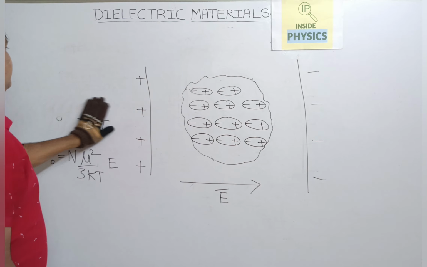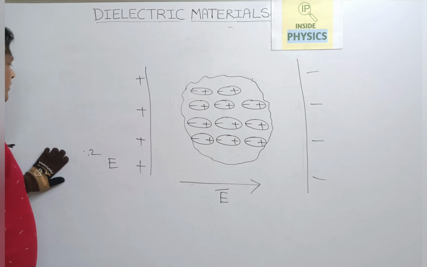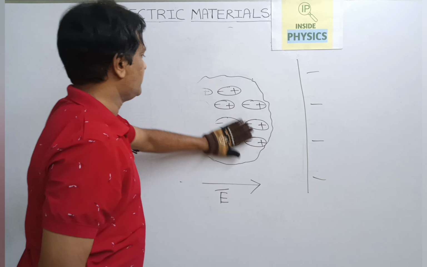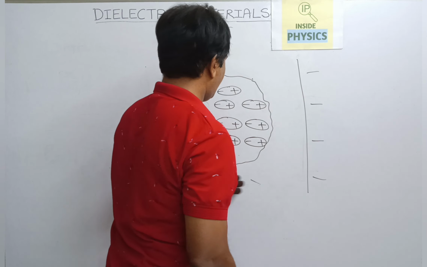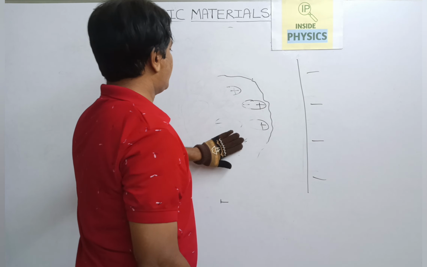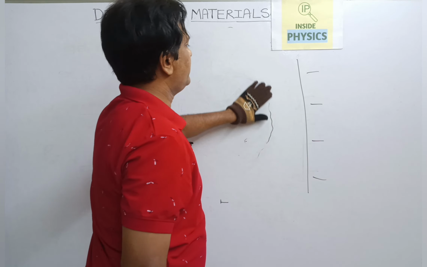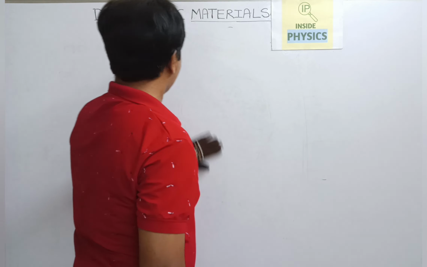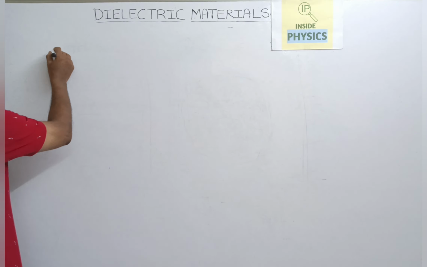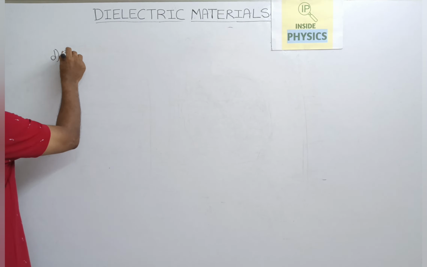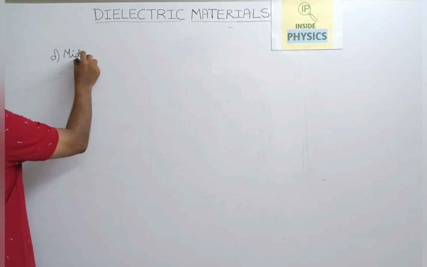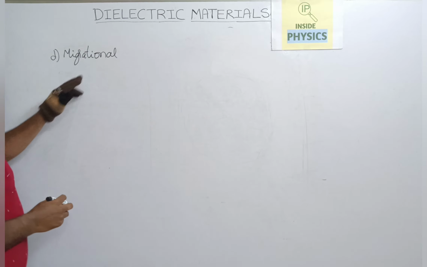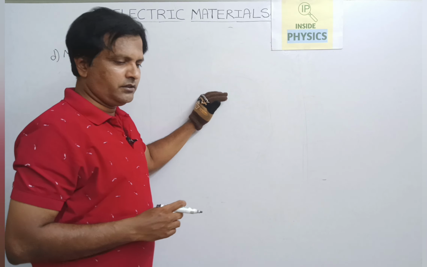And the last one, migrational polarization or space charge polarization. This is also called interfacial polarization. We will see why this is also called interfacial polarization. Last one, migrational polarization. So this happens in some